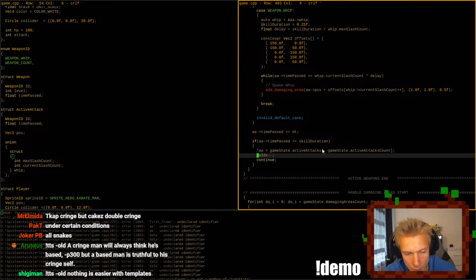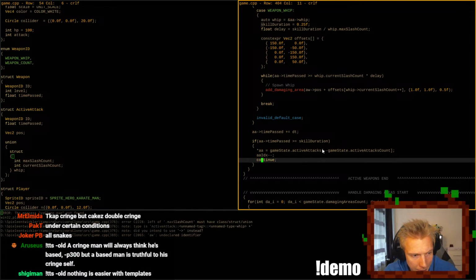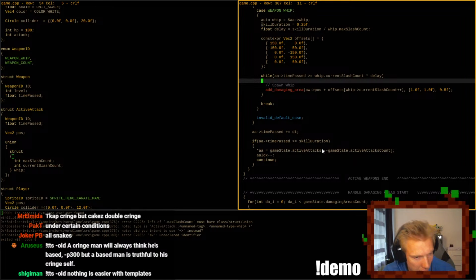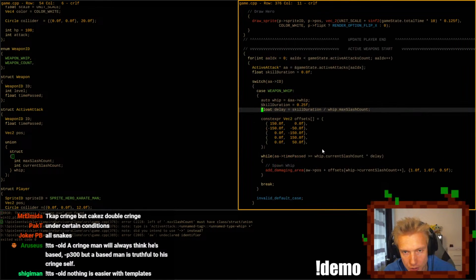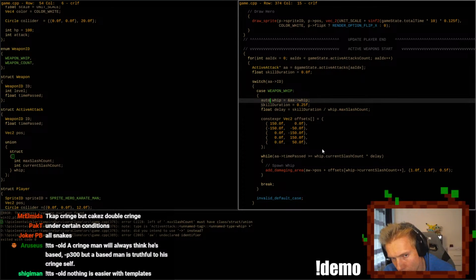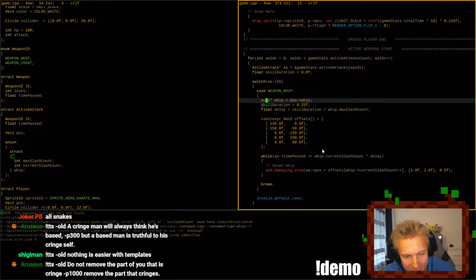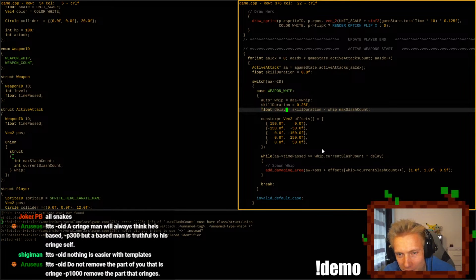Yeah, okay, good. Wow, look how few errors we have now. We only have 3 errors. And this is supposed to be an automatic pointer? Do you do auto pointer? No need for pointer?